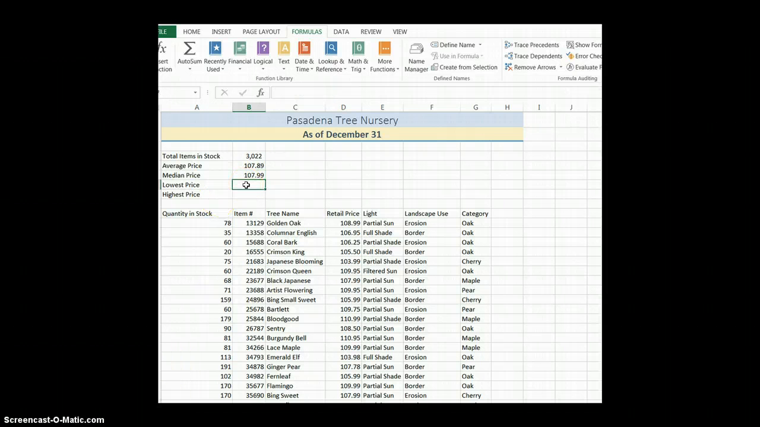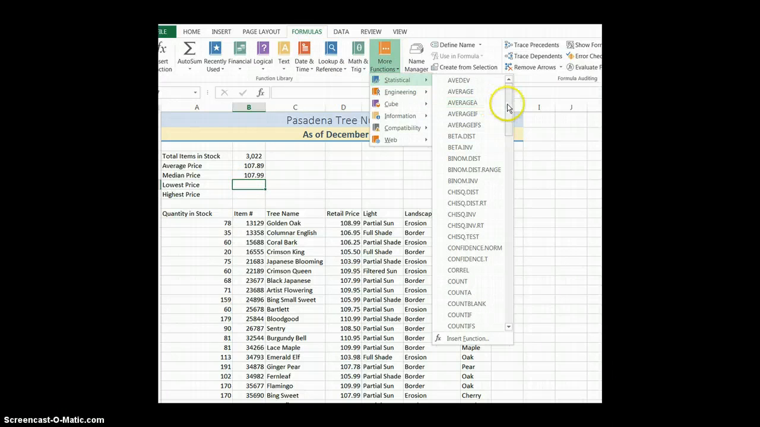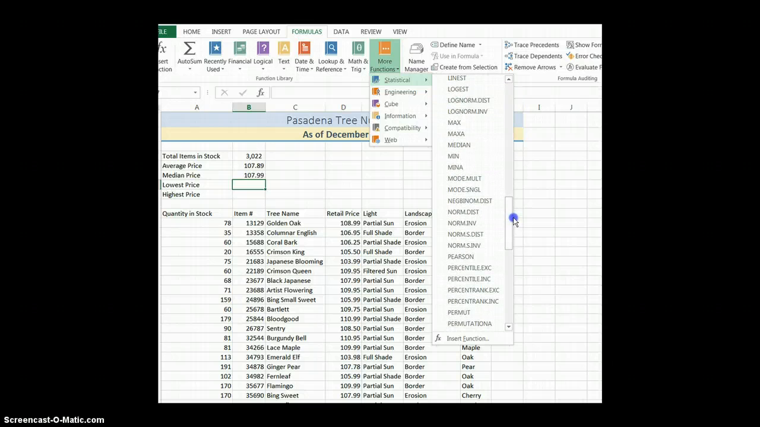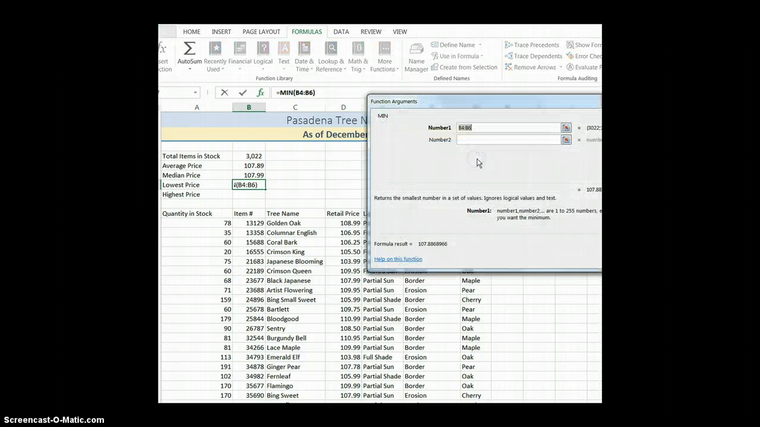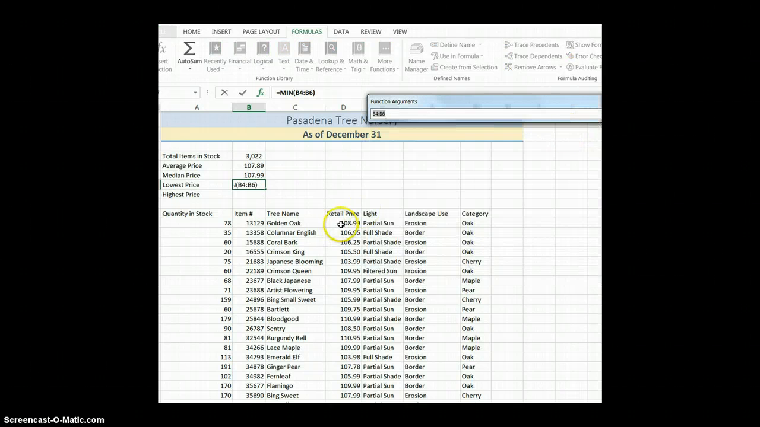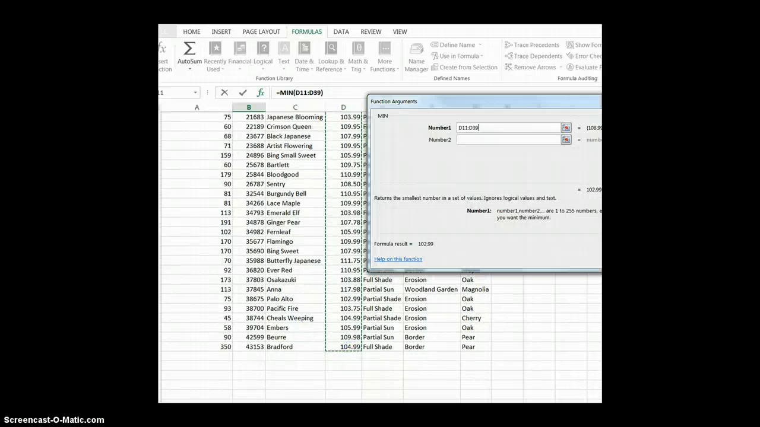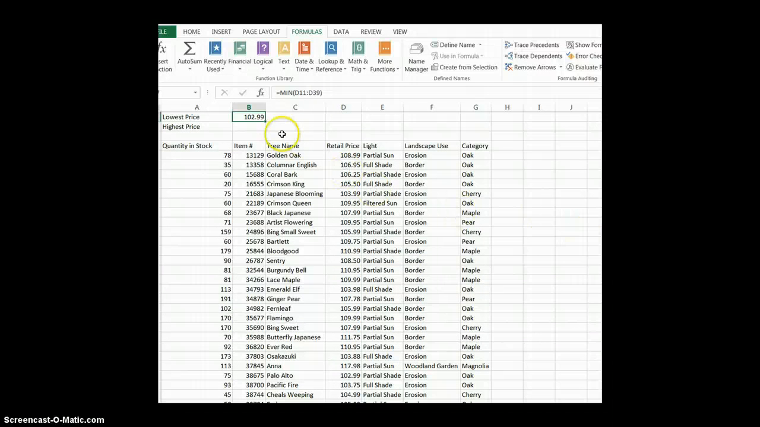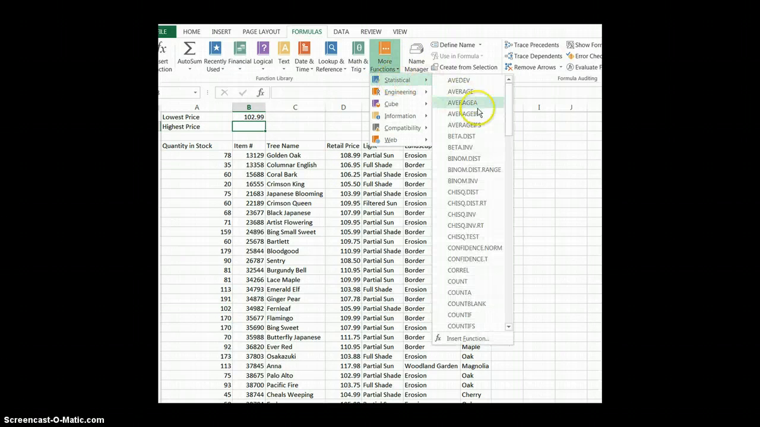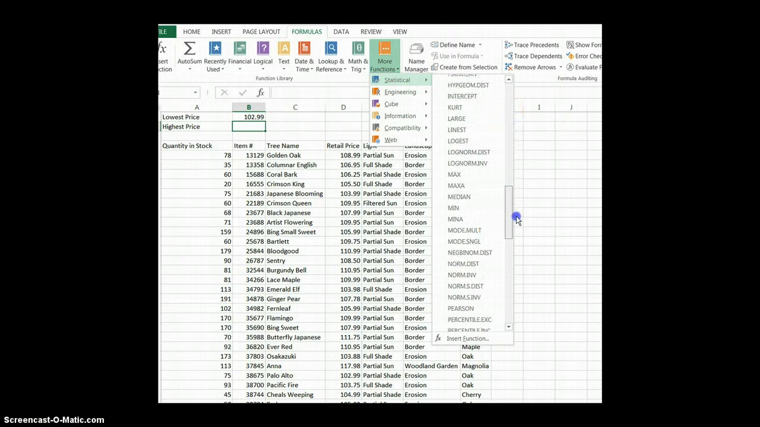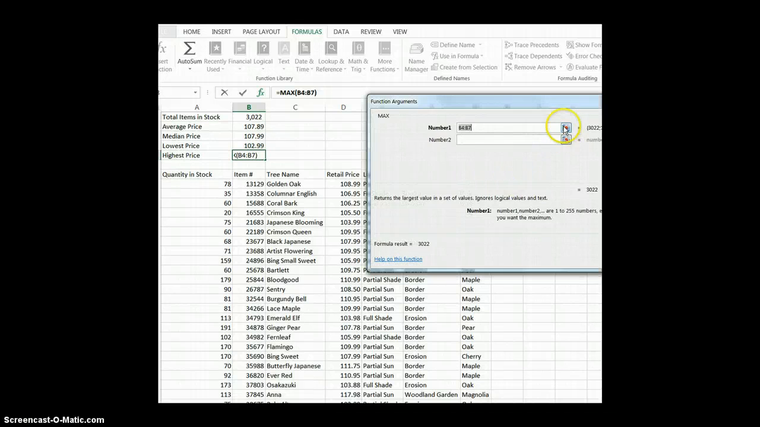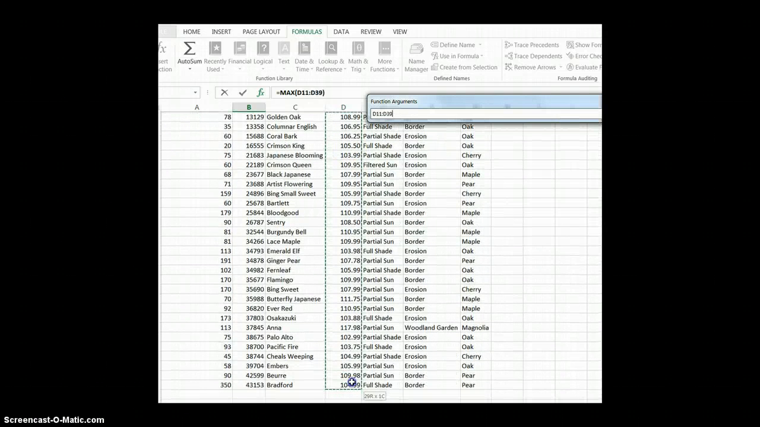The min and max are going to tell us our low and high prices. On the formulas ribbon, go to more functions, statistical, and for lowest price, we want to use min. Our range is going to be, again, D11 through D39, and press OK. Our highest price is going to be max. So under statistical, go to max. Get your range, put in your retail price,